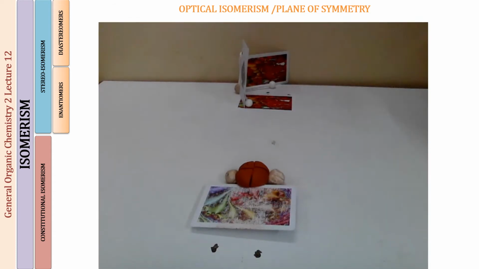Another plane of symmetry that is possible is if I make the cut in the XZ plane. So again, I can insert this card through the XZ plane, and it is going to again cut through all the three atoms, and on both sides of the playing card I am going to have equal halves of these three atoms. This would be another plane of symmetry that is possible for this molecule. So now you are understanding how a plane of symmetry can bisect a molecule into two halves. Let us see one more.